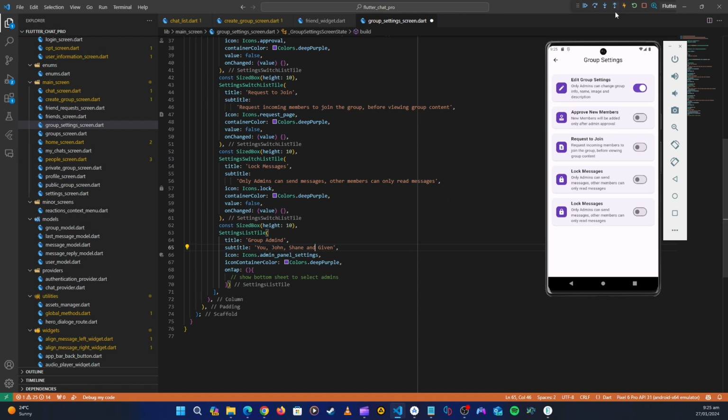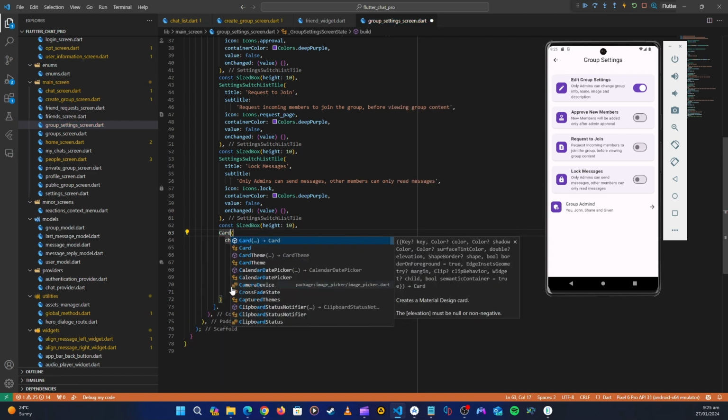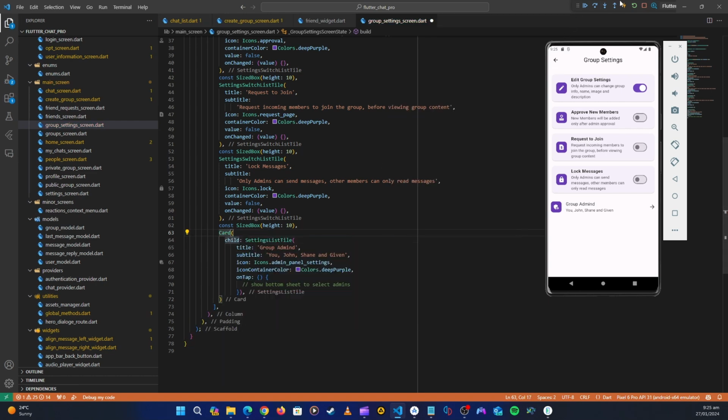as a subtitle here. So let's hot restart. Yeah, so maybe we can have this as friends, as a group admin, and then when we click it, we want to bring up the bottom sheet. And then we pick from there. So this, let's wrap it in the card widget as well. So where is that? Card. Let's hot reload. So there it is, and then let's give it the